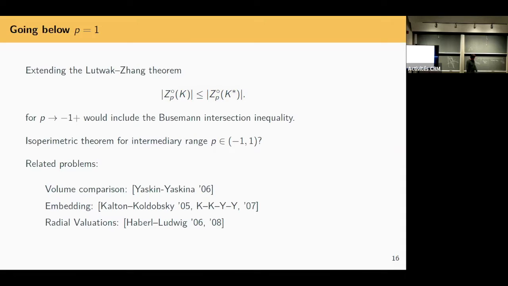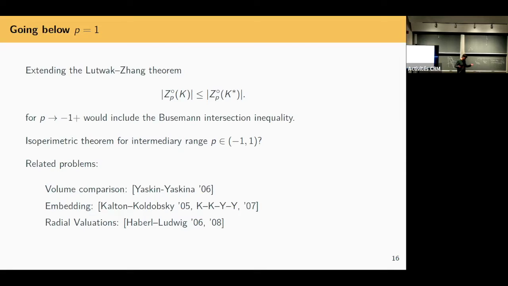And the Lutwak-Zhang theorem is this one. I'll write it just for good measure. Polar, maximized on K star. And I will address this one. I have phrased all of these things as extremal inequalities about sections or projections. Behind the scenes are core notions in convexity called projection bodies and intersection bodies. The Busemann intersection inequality was proved in the 50s, but it took some decades to understand the role of a body behind the scenes and its role in some of these volume comparison problems.